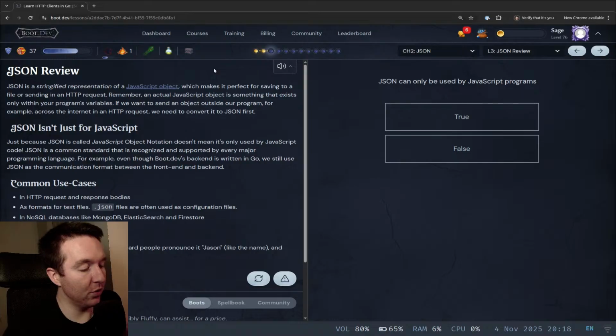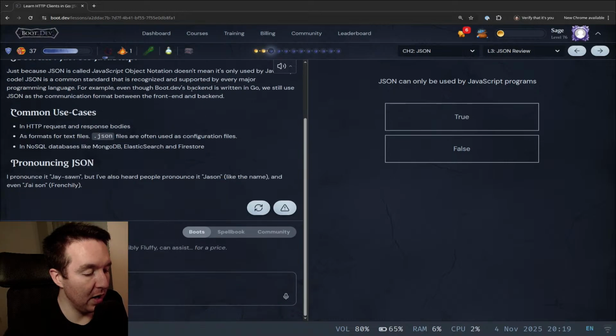JSON isn't just for JavaScript. Just because JSON is called JavaScript Object Notation doesn't mean it's only used by JavaScript code. JSON is a common standard that is recognized and supported by every major programming language. For example, even though Boot.dev's backend is written in Go, we still use JSON as the communication format between the front end and backend. Common use cases: in HTTP requests